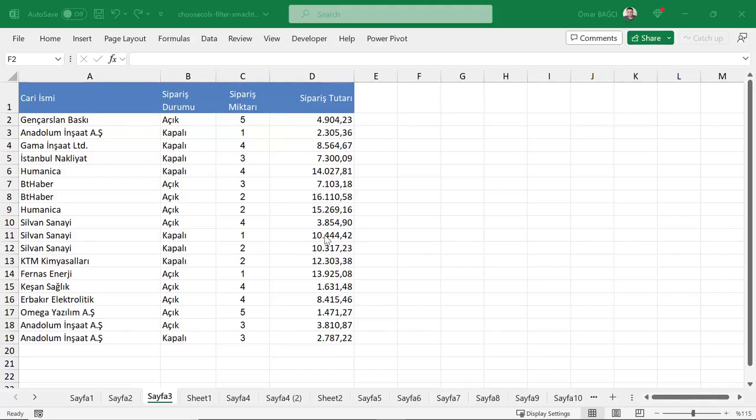With the GROUPBY formula that we started using in Microsoft Excel 365 versions, we can now group our data from the lists we have and automatically get the totals of the fields we want. For example, in the list we have, there are open and closed orders. If we want to reduce the open and closed orders here to 1 and get the totals of the order quantity and amount on the side, while we used features like pivot table grouping before, now